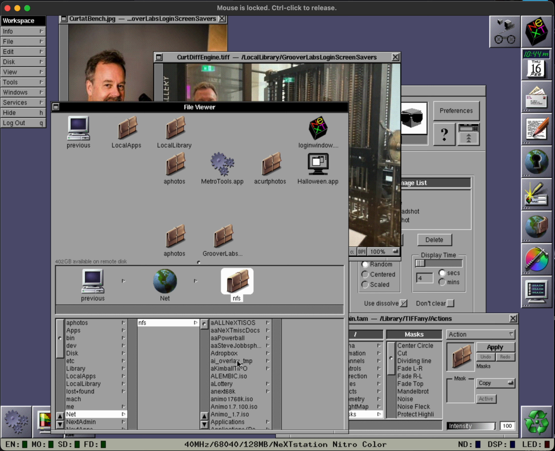So all of the images that were Dropboxed or emailed or texted to me, I can then just drag and drop into our Previous 68K emulator running NeXTSTEP. And so once I have those images here with Tiffany,